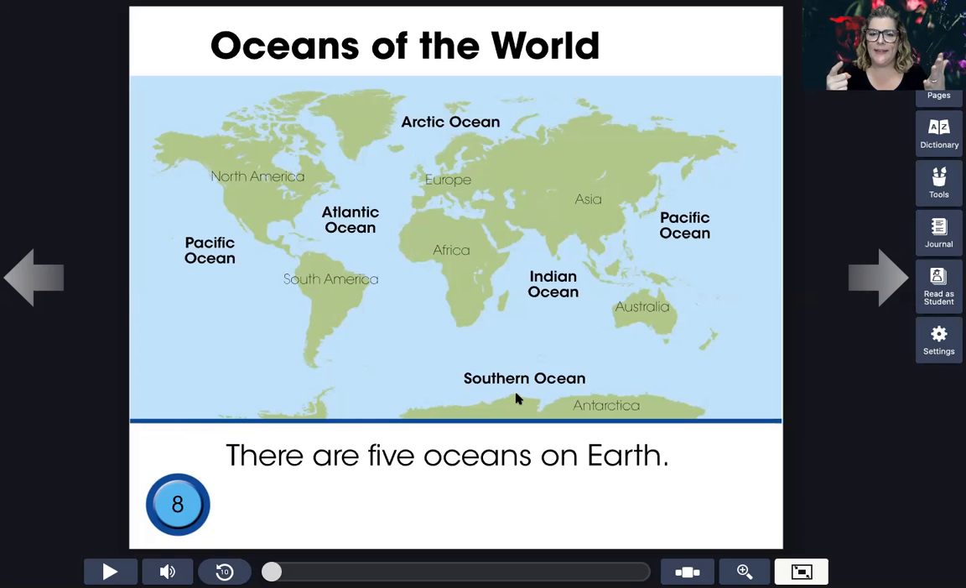Uh-oh, what happened? Wait a minute, I don't think I counted that right. I'm going to have to do it again. Let's try again. Pacific Ocean, Atlantic Ocean, Arctic Ocean, Indian Ocean, Pacific Ocean, and the Southern Ocean. I'm really confused, you guys, because the text says there are 5 oceans on Earth, but then the picture lists 1, 2, 3, 4, 5, 6. Huh,